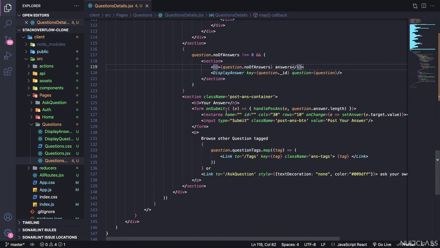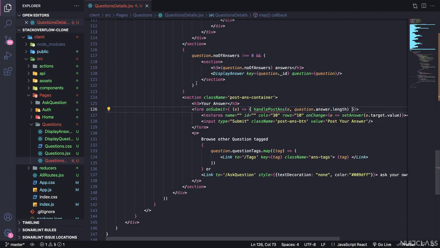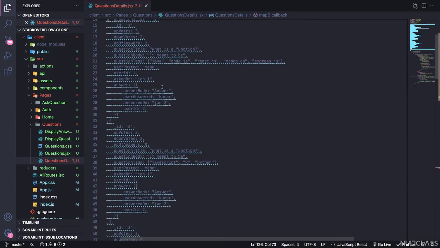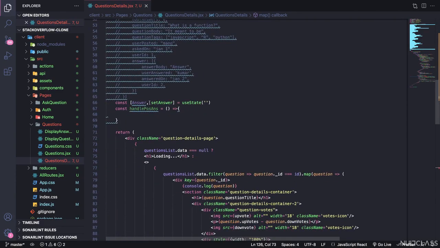So let me just change this to handle post answer, which is kind of weird to have. Let me just have T here also. In here I'm just getting E and number of answer length as parameter. So in here we will first say e.preventDefault, which is the default thing which we do for a form